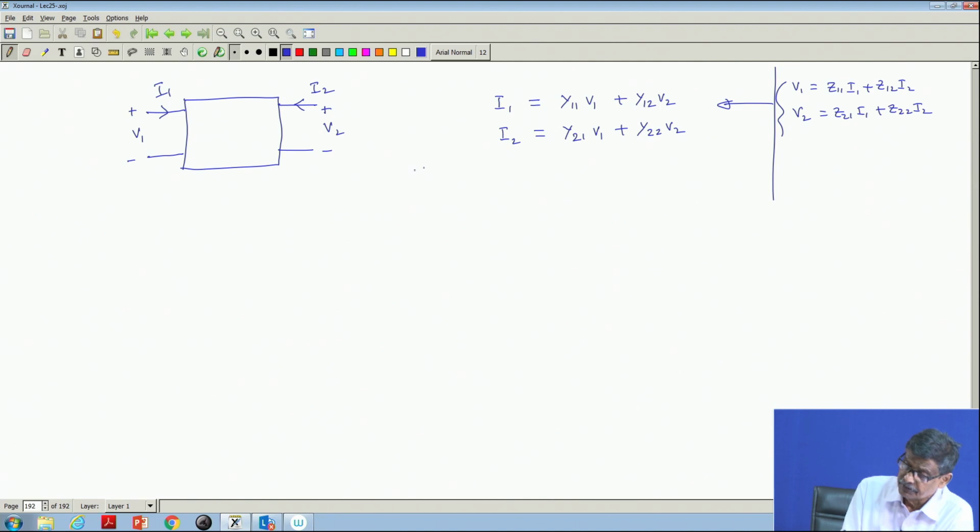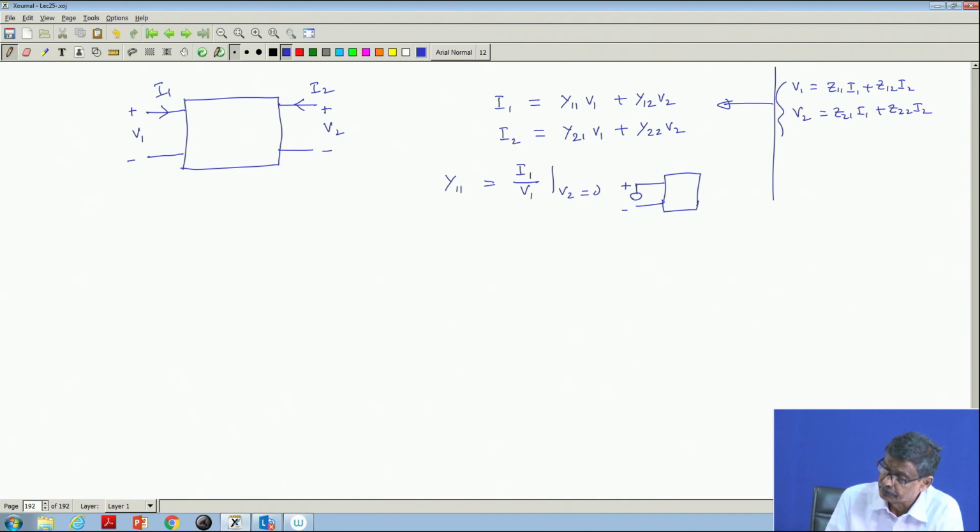Is that clear? Because from this we know that V1, V2 is equal to, and these are called y parameters, and let me first tell you at least that these are the admittance matrix. And y11, as you can see, will be equal to I1 by V1 provided V2 is equal to 0 from the first equation. What does this mean? This means that you excite the network with a voltage source V1,